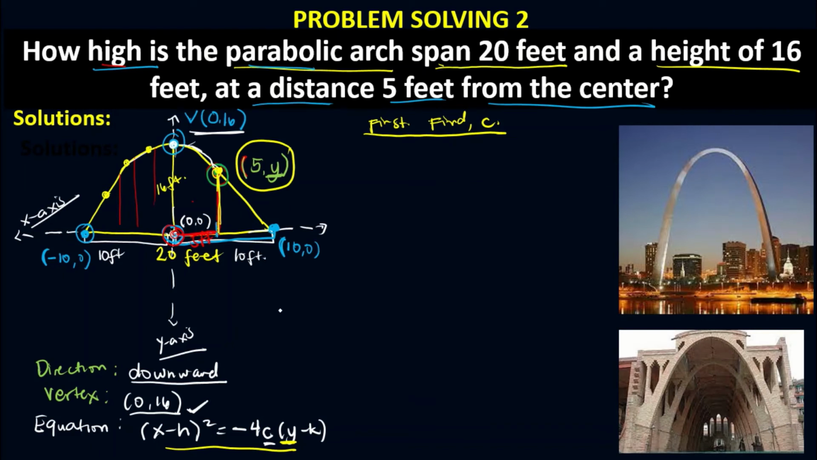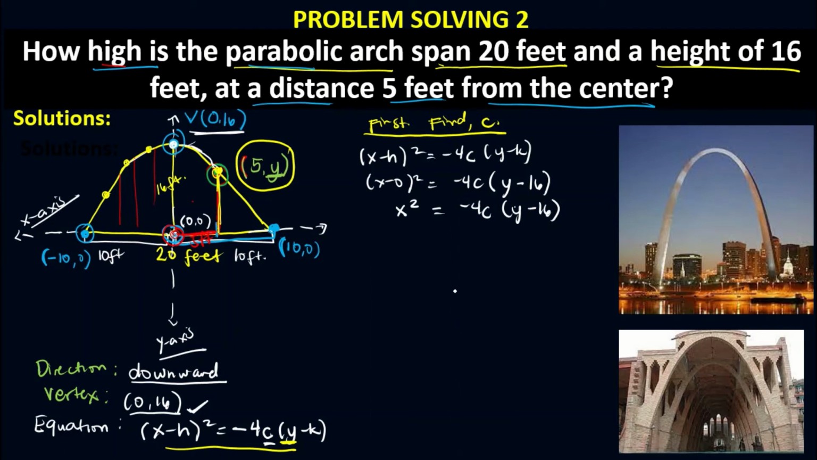Okay, so doon sa ating equation, ilagay muna natin yung vertex na h, k. So we will have (x minus h) squared is equal to negative 4c times (y minus k). Then ilagay natin yung vertex: (x minus 0) squared is equal to negative 4c times (y minus 16). Simplifying this, we will have x squared is equal to negative 4c times (y minus 16). Next, to solve for c,